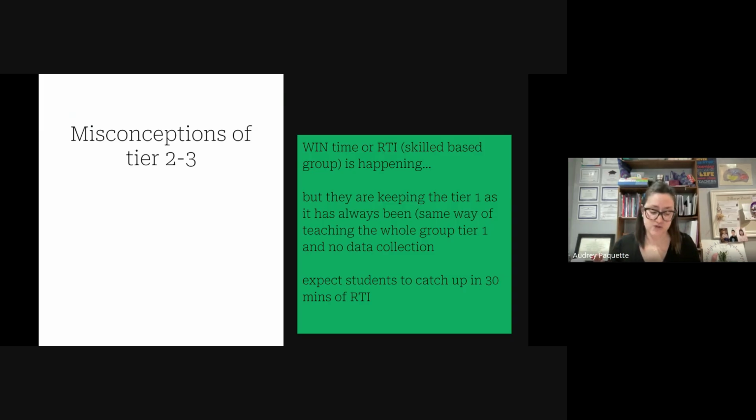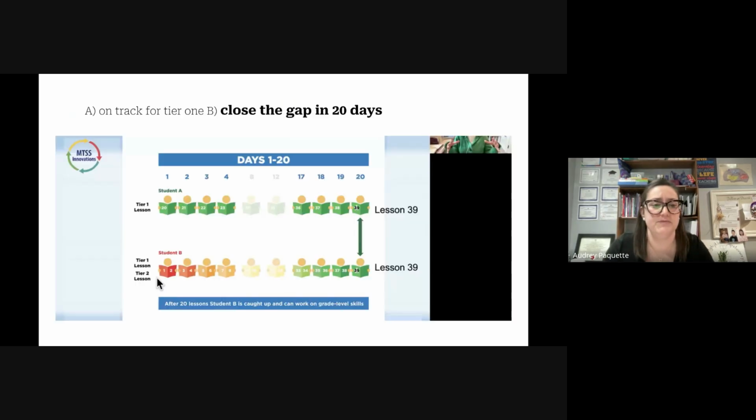So we're missing out on an opportunity. We're missing out on using universal screeners to really measure the health of your system so that we can truly minimize and reduce to a manageable 20%, which means our tier 2 interventions will be that true 20% and we can actually address it. All right.